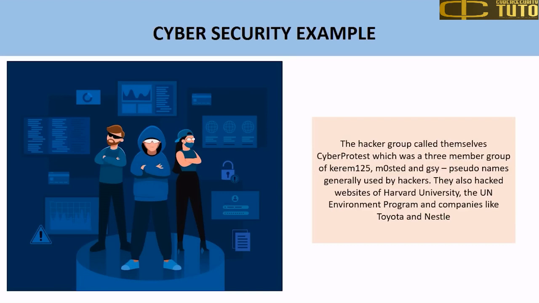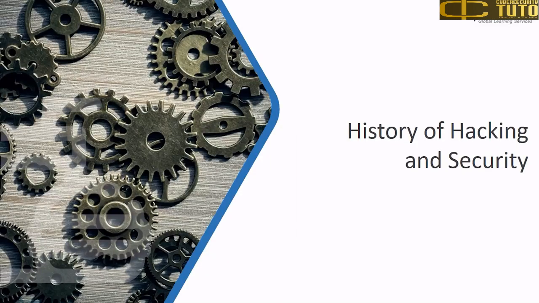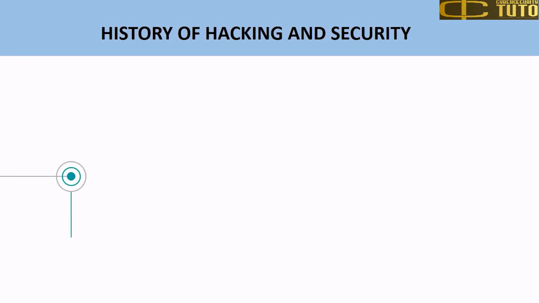Hacking has been done even before the advent of computers and the internet, where phones and communication lines used to be tapped to gain information. Let us now look into the history of hacking and security. The timeline of hacking and security started in 1962 with the first troll attack, when MIT, or Massachusetts Institute of Technology, set up passwords for computers, for sustaining time limits and student privacy.